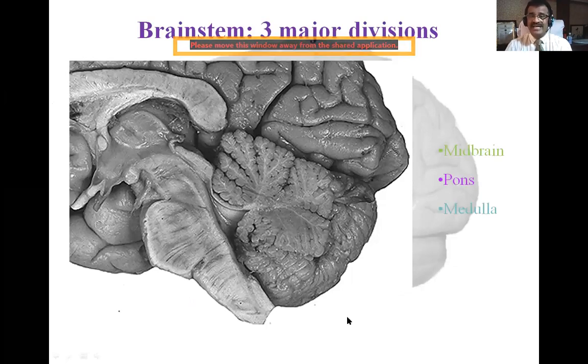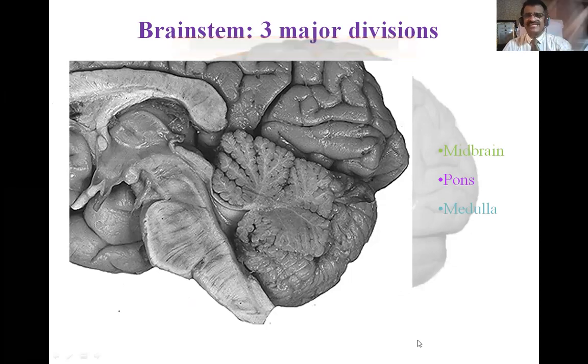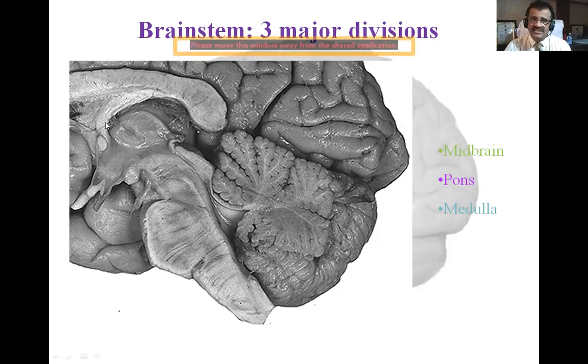If you take a sagittal section of the brainstem, this is a whole brain sagittal section, okay? Because you can see the cerebellum here, you can see the corpus callosum here. This is the third ventricle, this is the hypothalamus, and this is the infundibular stalk with the pituitary located here. This is the epiphysis cerebri, I mean the pineal body. Here you can see the midbrain and the cerebral aqueduct.